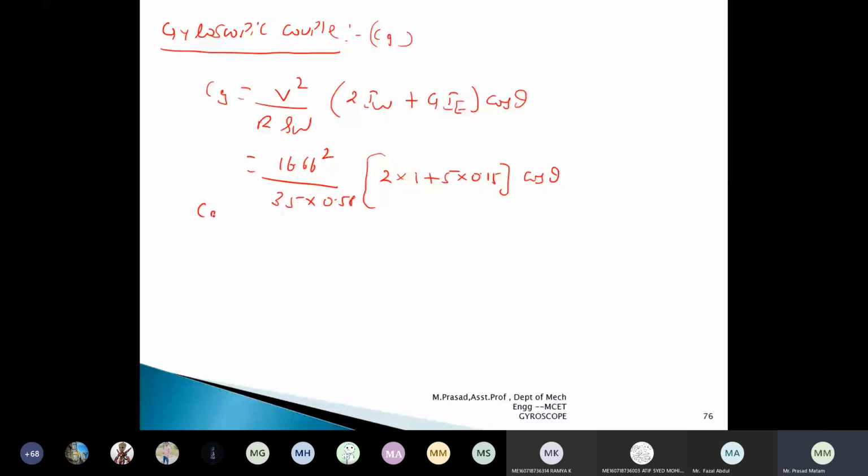Gyroscopic couple in terms of cos theta. Please open the calculators and give me the answer in terms of cos theta. Students, do it fast. 37. So do the calculation. 37.59. Okay, now let us go for the